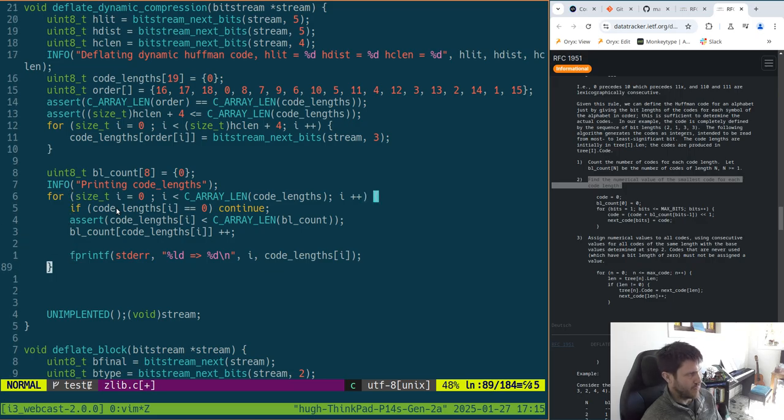Otherwise, we'll do the print. So we have to do some